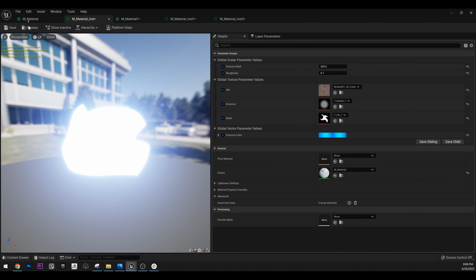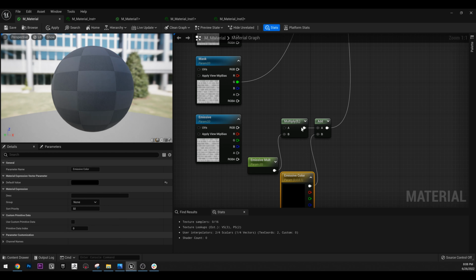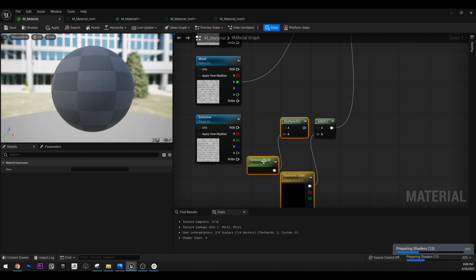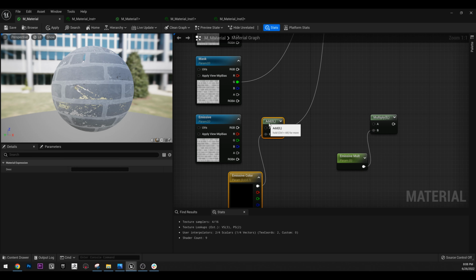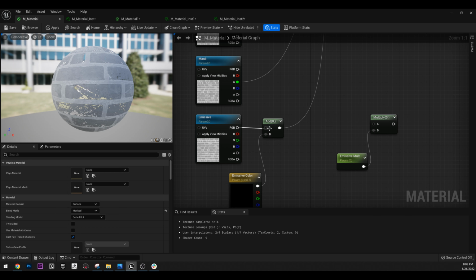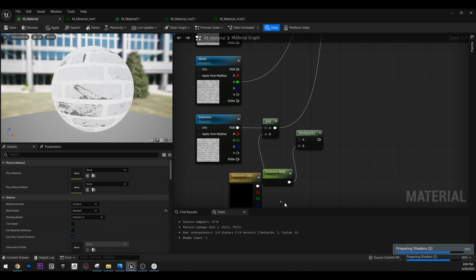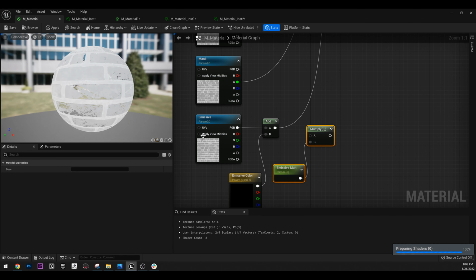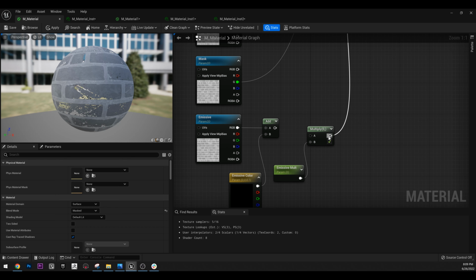Or we can do something else. We can go to our material, press and hold Alt and click on the pins to remove them, and now we can move this node here. Let's organize, connect the one here. Now this multiply will be after the color, so we are adding the color to our emissive and then multiplying. Again, hold Control, put it here,